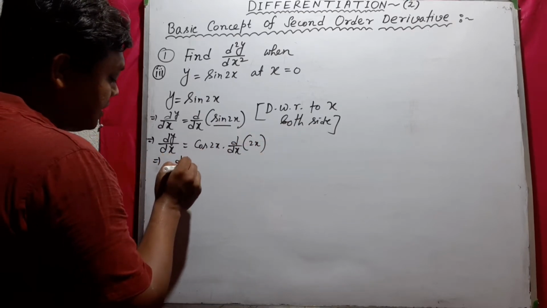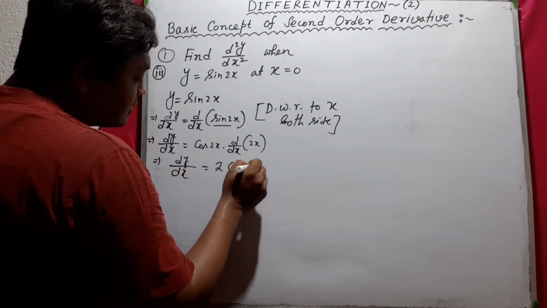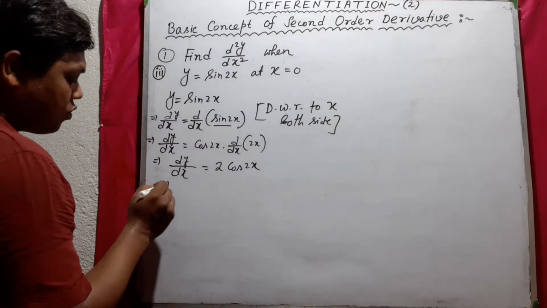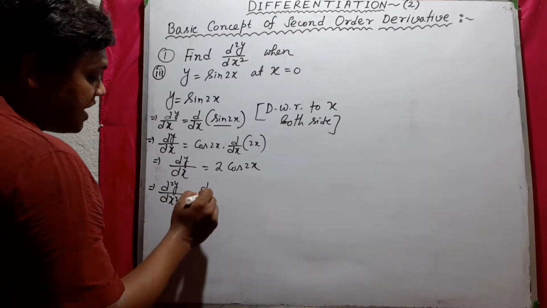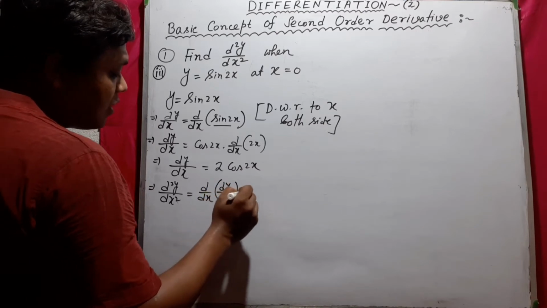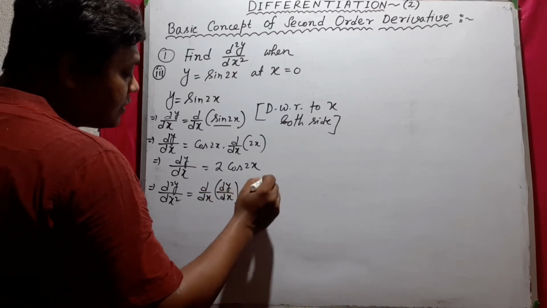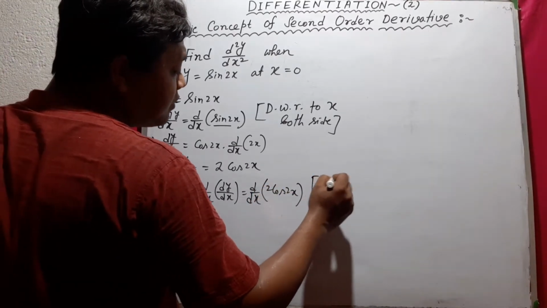So dy/dx equals 2 cos 2x. Now d2y/dx2 equals d/dx of dy/dx, or d/dx of 2 cosine 2x, and we write down here again